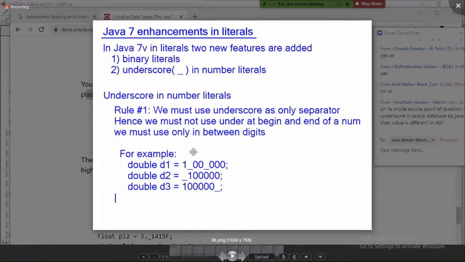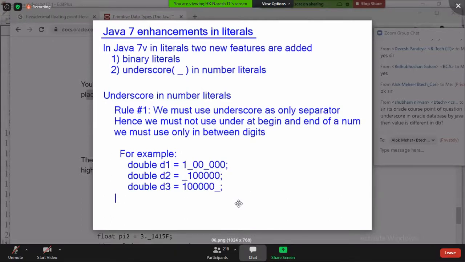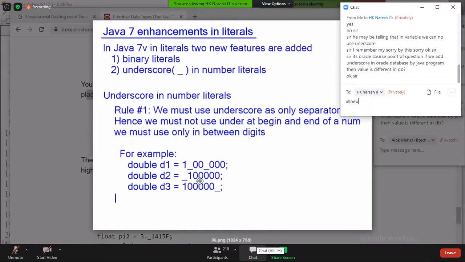Carefully think. Rule number 1: we must use underscore only as a separator. Hence, we must not use underscore at the beginning or end of the number. We must use it only in between digits. For example, if I write double d1 equal to 1_00_000, is it allowed? Allowed, between digits. Is _1_00_000 allowed?